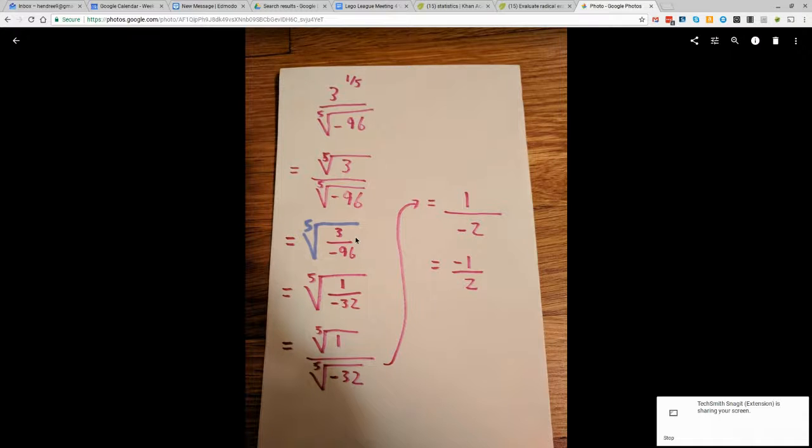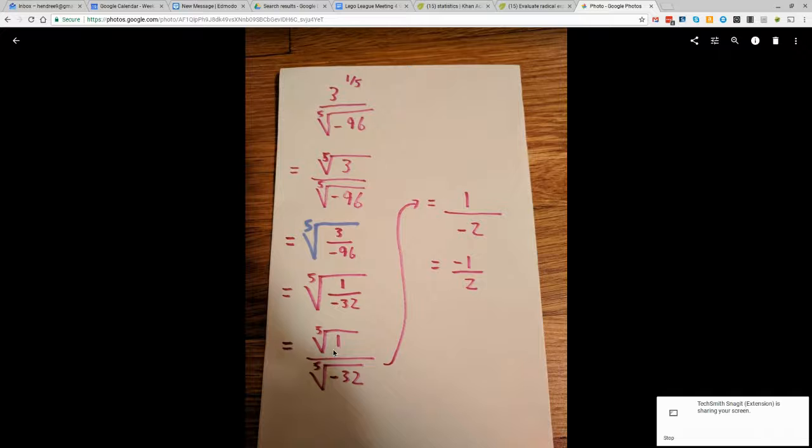So I'm going to divide 3 and negative 96. And when I reduce that, I get 1 over negative 32 underneath the 5th root. And then after it's reduced, we can just use the same principle in reverse. See how here we kind of factored out a 5th root? Here we're going to take the 5th root and apply it to both the numerator and the denominator